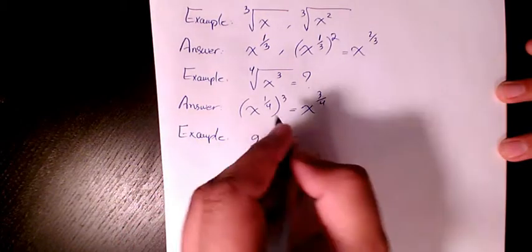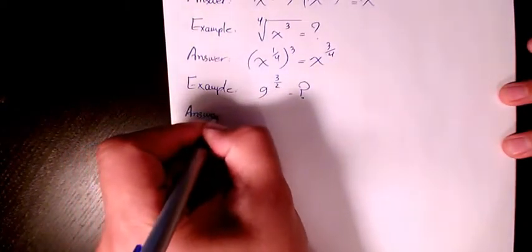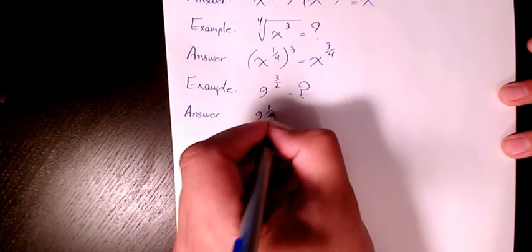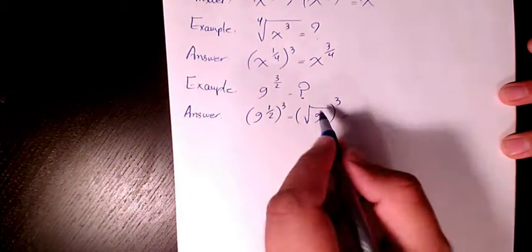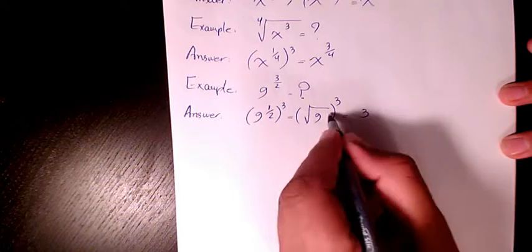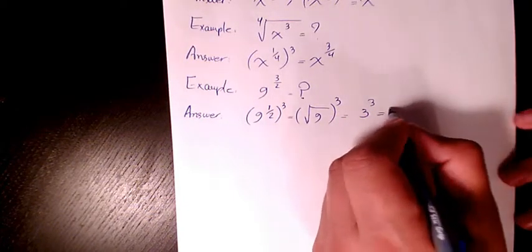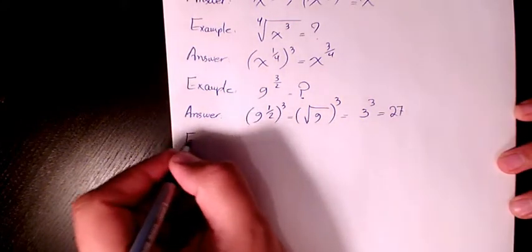Somebody asks you to evaluate 9 to the power of 3 over 2. Answer is 9 to the power of 1 over 2 to the power of 3, which will be square root of 9 to the power of 3. Square root of 9 is 3, so 3 to the power of 3 will be 27. 3 times 3 times 3, which is 27. Next example,